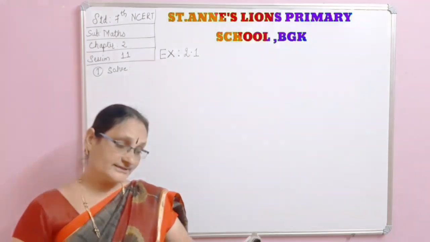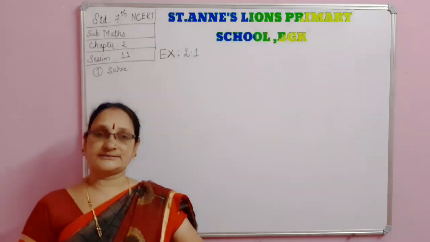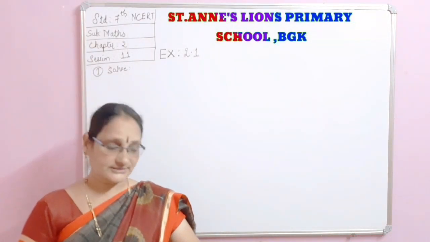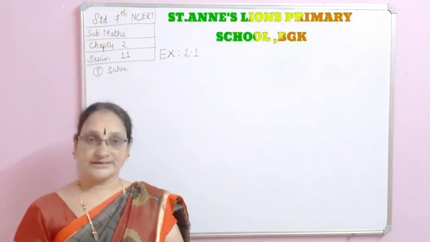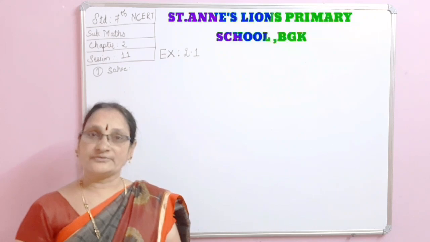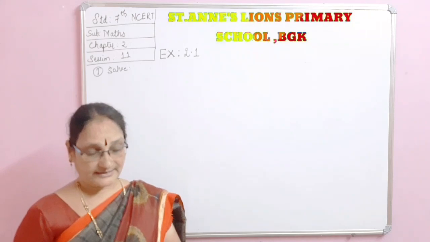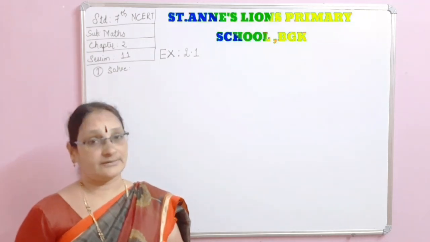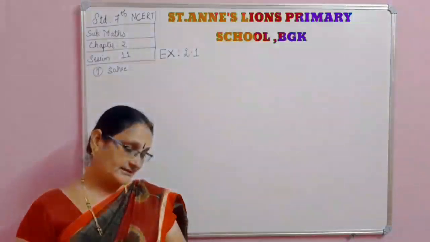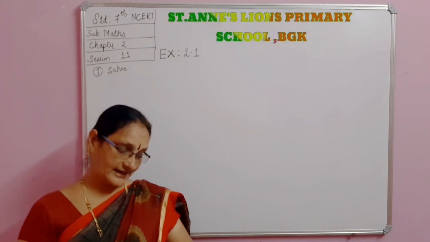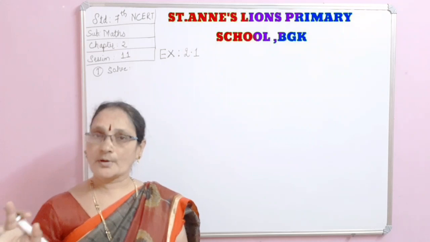Now in this exercise 2.1, the first, second, third are allowed for the teachers to do, but 4, 5, 6, 7 and 8 are home assignment. You have to try yourself at home and do that. They are considered as home assignment problems. You have to solve and understand them. For us, in exercise 2.1, the first, second, third I am going to solve. Remaining all are home assignment problems.